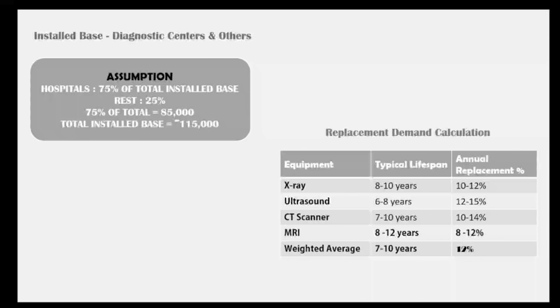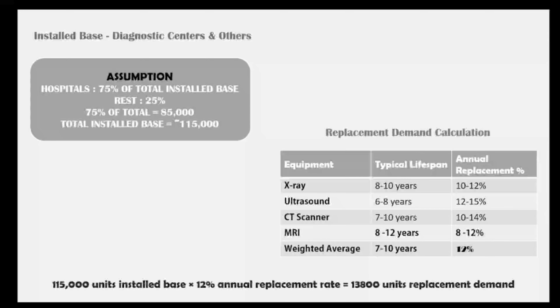Now, out of these 1,15,000 units, we need to determine how many of them are actually getting replaced every year. X-ray gets replaced every 8 to 10 years, so annual replacement is 10 to 12%. Ultrasound, 6 to 8 years, with replacement of 12 to 15%. And likewise, if we calculate a weighted average, we will get an annual replacement of approximately 12%. Now, multiplying this 12% with our installed base of 1,15,000, we will get 13,800 units getting replaced every